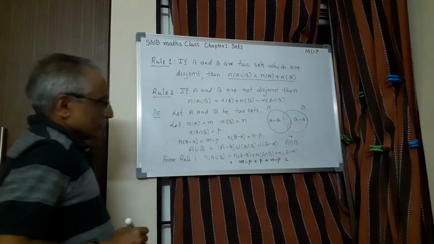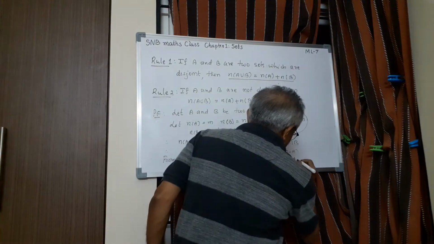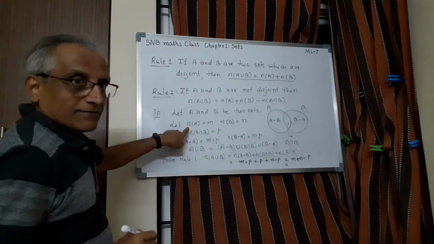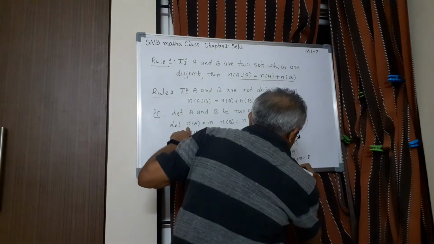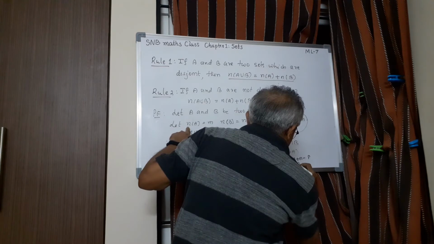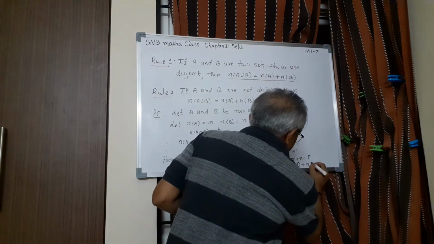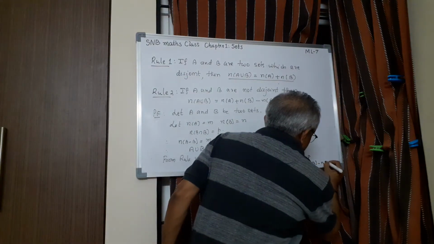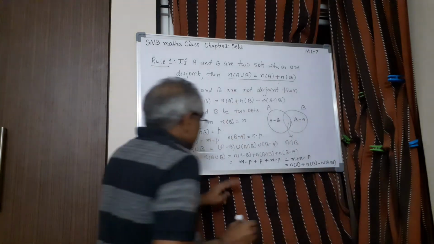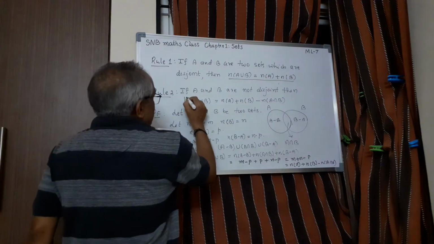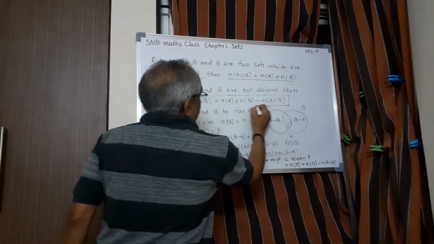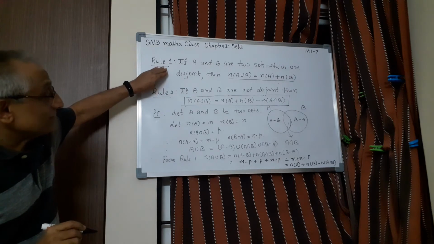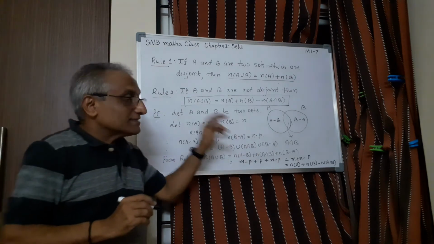So what do we get? You get M plus P plus N minus P. But now M is the number of A, plus N is the number of B, minus P is the number of A intersection B. So this proves the formula. Therefore you can remember this as the formula. Even if a proof is asked, you will be able to deduce this, but you have to remember this is the basic rule which you have to take in proving this property.